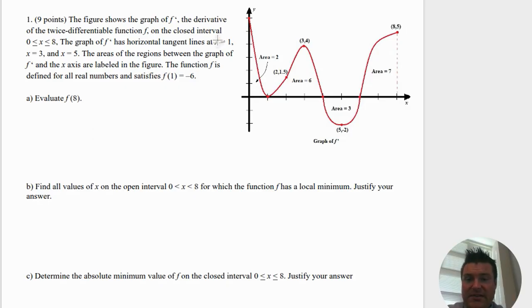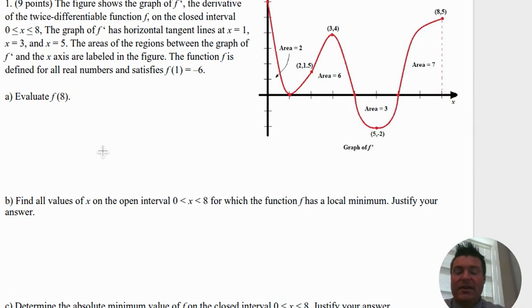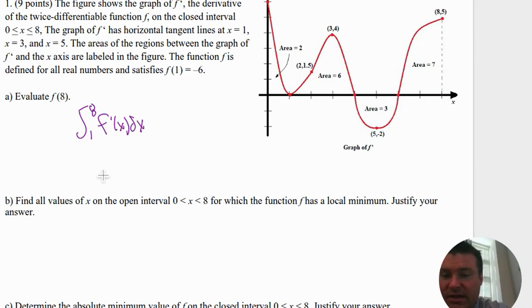It gives me some horizontal tangent lines, just so I know that at 1, 3, and 5, areas of the regions are given. And the function is defined for all real numbers and satisfies that f of 1 is equal to -6. So I'm going to go ahead right now and find the value of f of 8. In order to find f of 8 with the values that I'm given, I want to use the fundamental theorem of calculus. Because I have f of 1, I want f of 8, I can rewrite this as the integral from 1 to 8 of f prime of x dx, and that's going to equal f of 8 minus